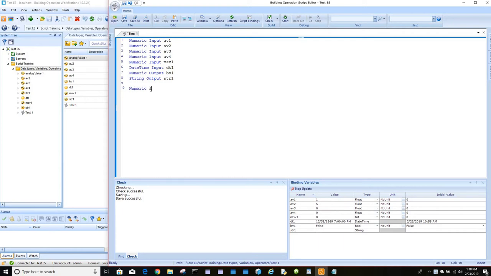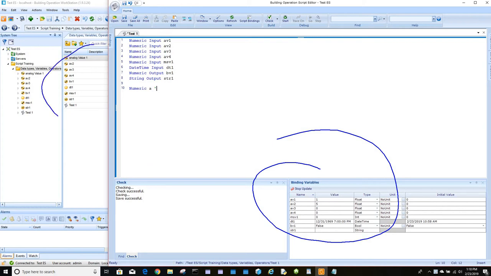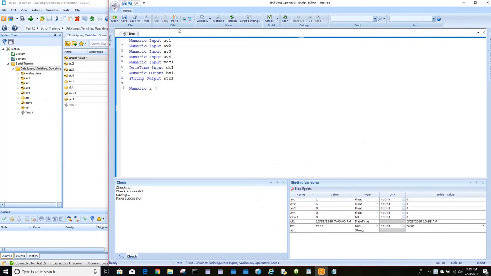Here we're going to create a local variable. Now this variable is not going to appear when we save, here in this area where the binding variables are. It won't show up here in structure where you will not be able to bind to it. It's a variable that basically only exists in the scope of this program, and the only way you can see it is